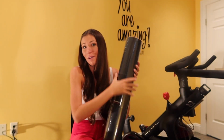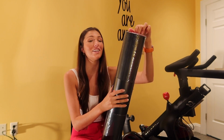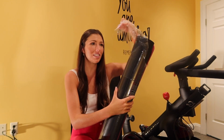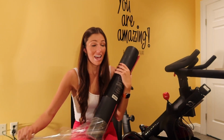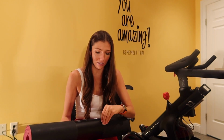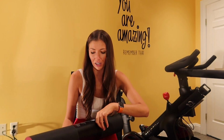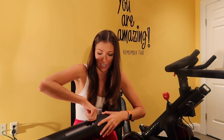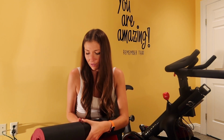So this workout mat is really, really cool because it is specially designed for all different kinds of workouts. I wasn't going to open it because I thought it looked really cool wrapped up, but now I have to because I have to really explain why this mat is made the way it is and why that is so awesome. Most mats are just pretty basic, pretty much to make the floor more comfortable, but this one is strategically made for any kind of workout. And now of course I'm going to struggle getting this wrapping off so I can show you. Okay, so now that I